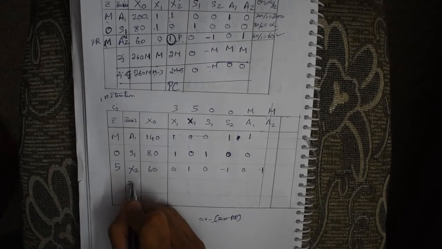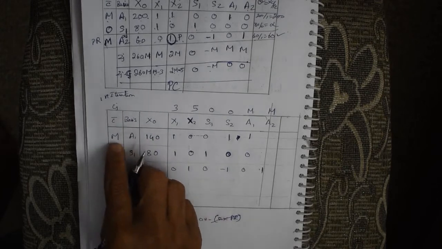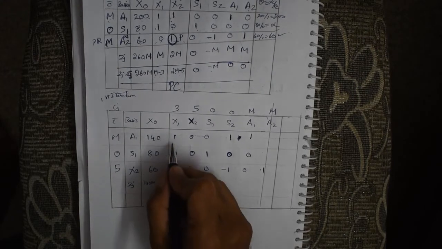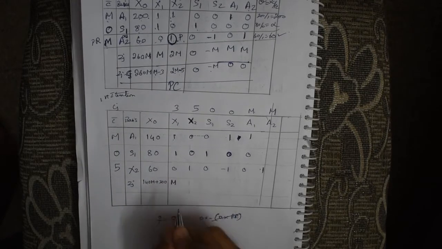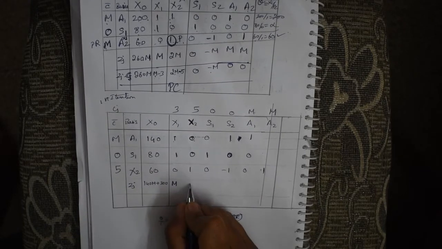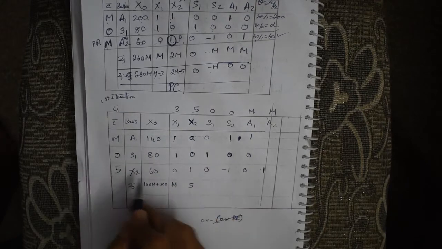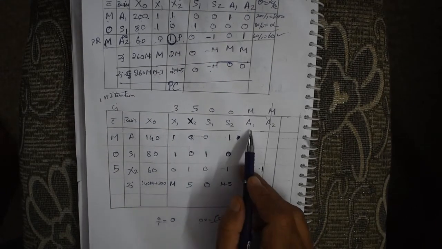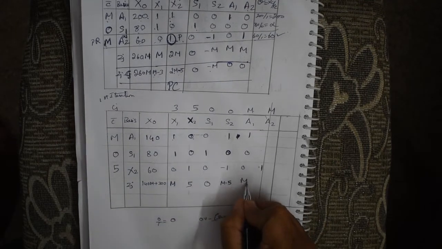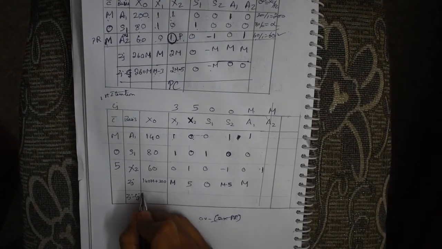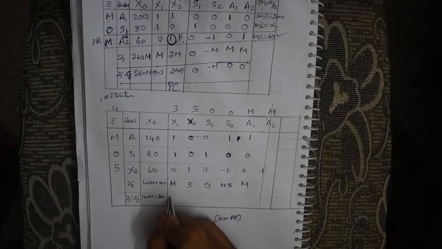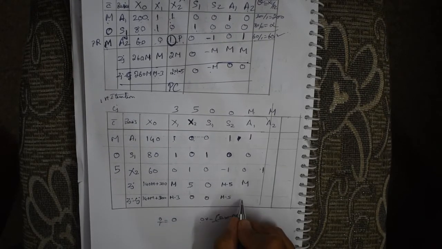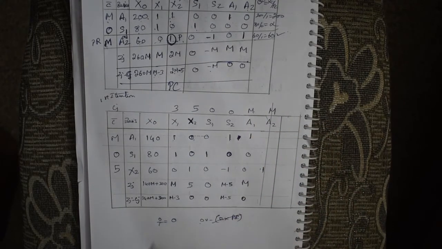That's it. Now you can calculate Zj. 140 into M is 140M, 60 into 5 is 300, so 140M plus 300. 1 into M is M, 1 into 0 is 0, 0 into 5 is 0, which means this is M. 0 into M is 0, 0 into 0 is 0, 5, 1 into 5 is 5, 0, 0, 0, M, 0, minus 5, M minus 5, then M, 0, 0, which is M. Zj minus Cj: 140M plus 300, M minus 3, 5 minus 5 is 0, this is M minus 5, this is M minus M, 0. A2 is already cancelled.